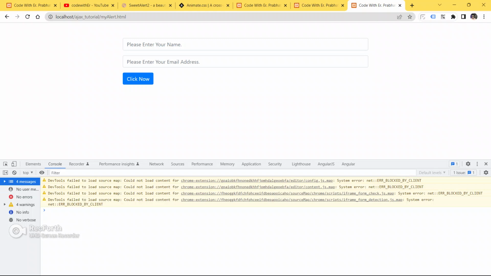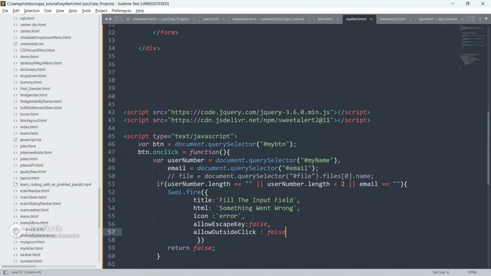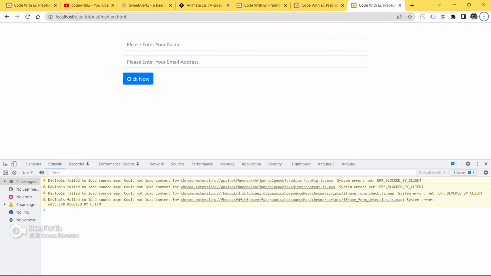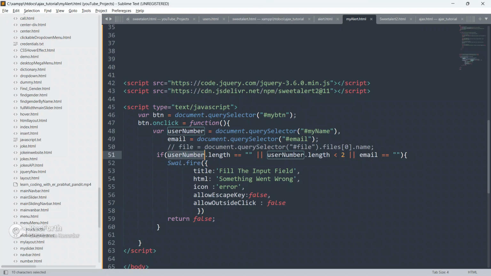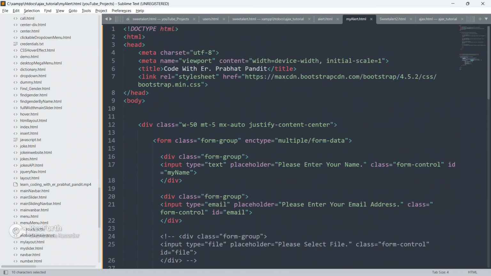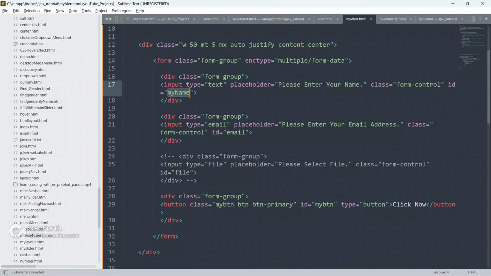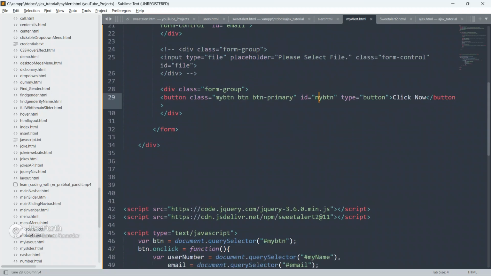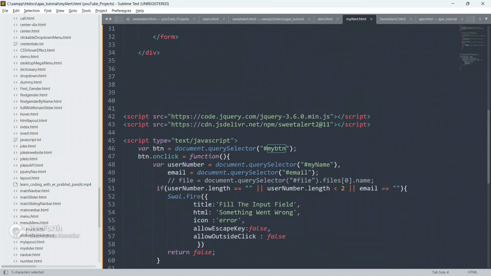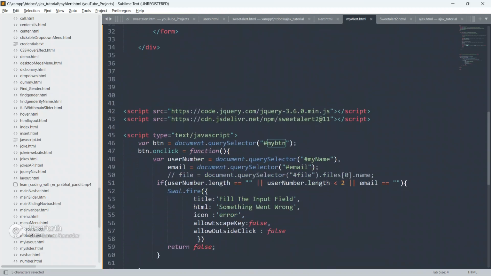Let me just check what has happened. my btn, username, this username, query selector.